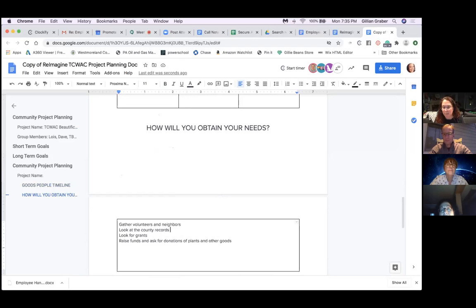Yeah, those public parcels. You could just basically talk to your building and engineering department within whatever township or municipality you're in, because that's generally where the code enforcement is, and they have all the maps, or they should. So you could do it locally. You can look for grants.